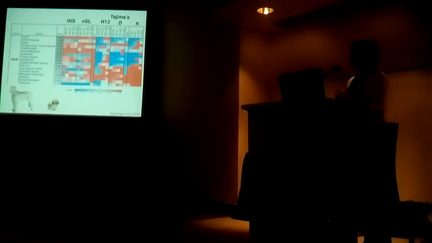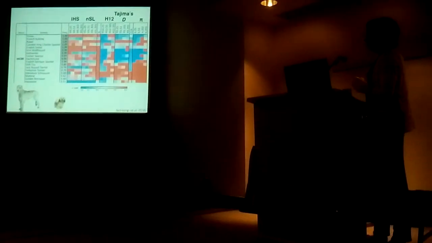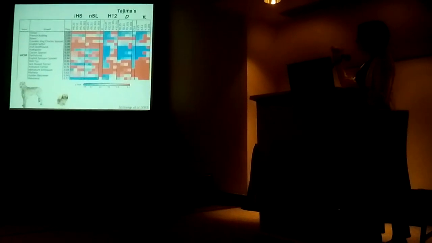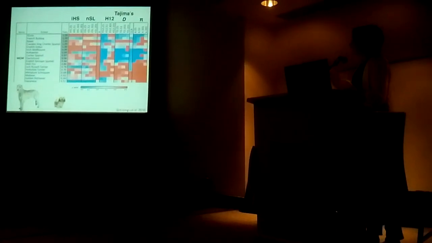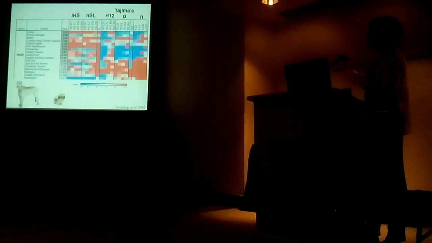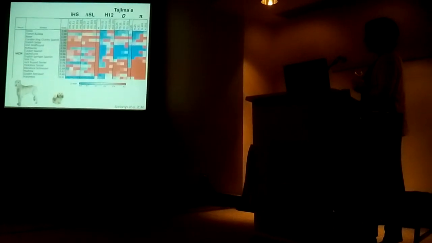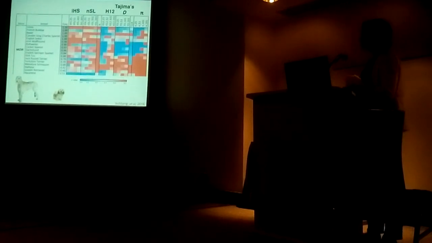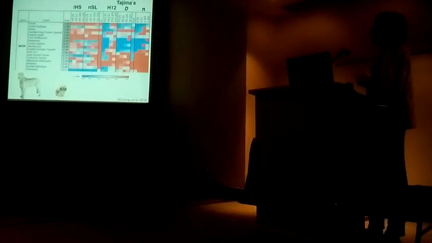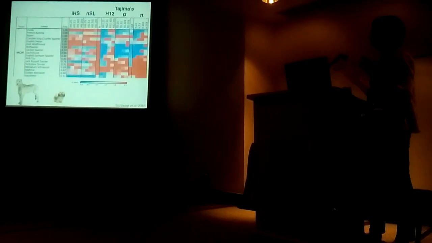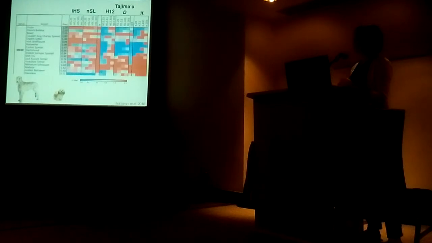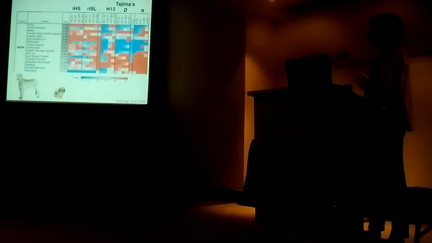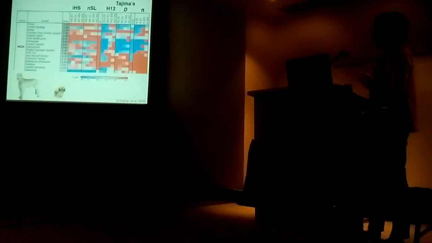And so here's an example of one locus, the MC5R locus, and its relative frequency in these different breeds, so highest frequency at the top, lowest frequency at the bottom. And the blue areas indicate when these statistics had very high power to detect selection. So for example, statistics like H12, Tajima's D, and nucleotide diversity had high power in cases when the allele frequency was at or near fixation, whereas for this particular locus, iHS and nSL